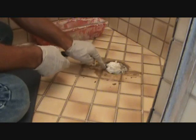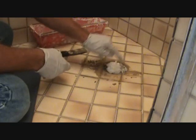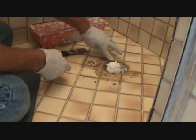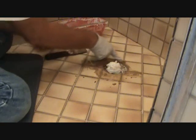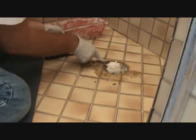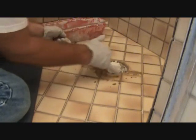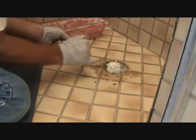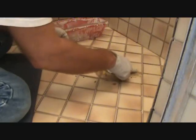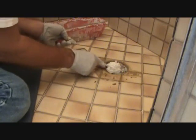Like I had some grout missing around the drain just in this area. Well, I decided to just put a little bit with my finger right over the edge over here, kind of like just painting it in. That way when this all dries, this grout line looks all the same color all the way around the drain, just in case it's slightly off. Okay? So, and once you put it on,